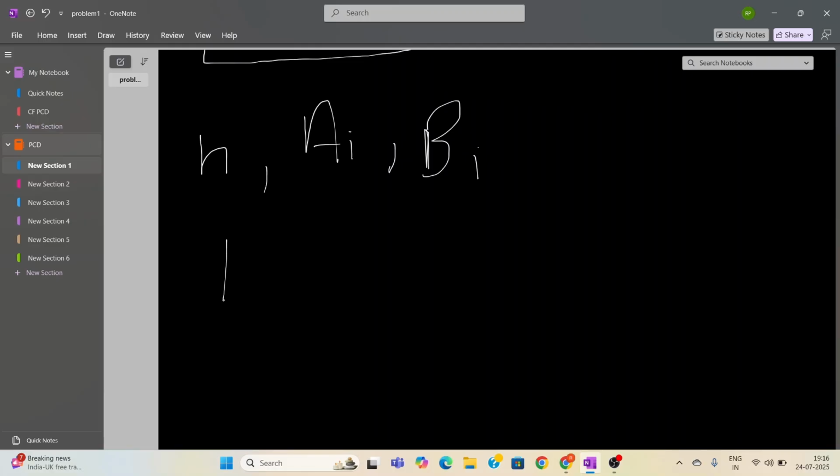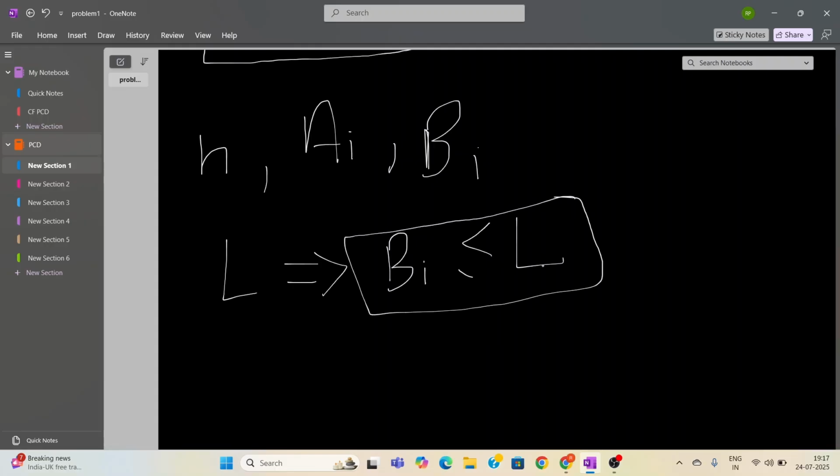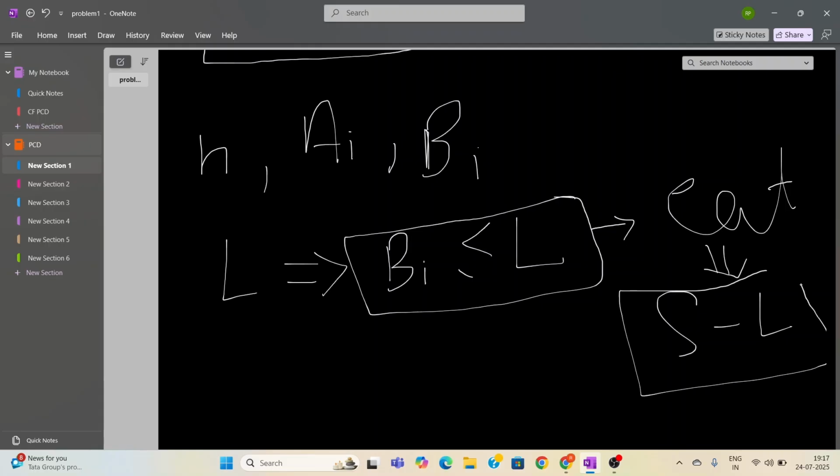You should choose any integer L, and after it you are able to eat any snacks that fulfill this condition, meaning the sugar is less than or equal to L. Then you eat those snacks, and the total tastiness of the eaten snacks is S. Then you need to find the maximum value of S minus L. So